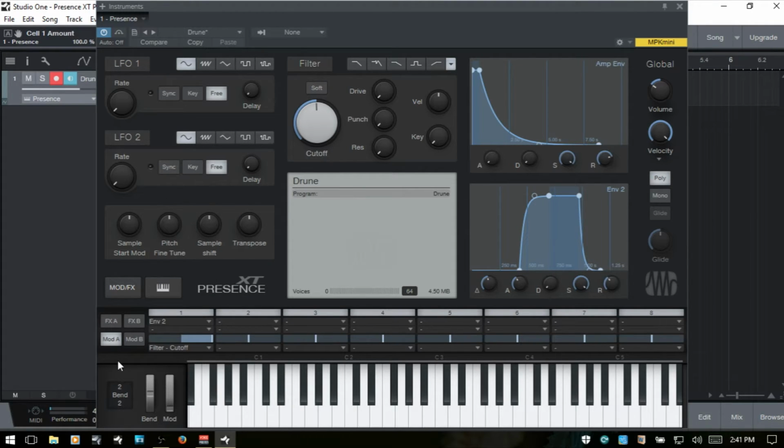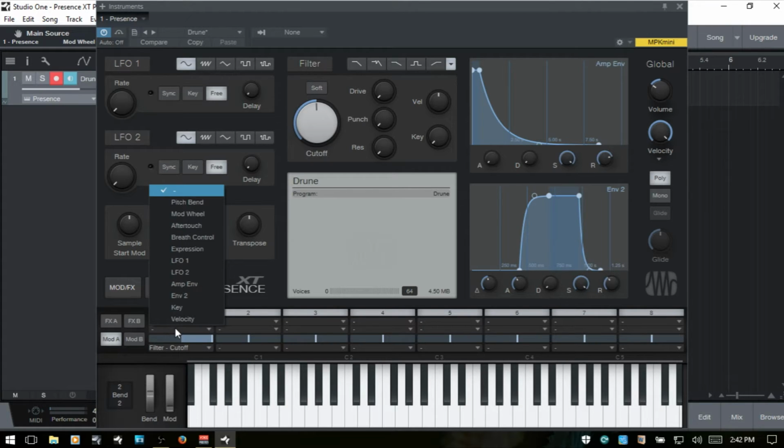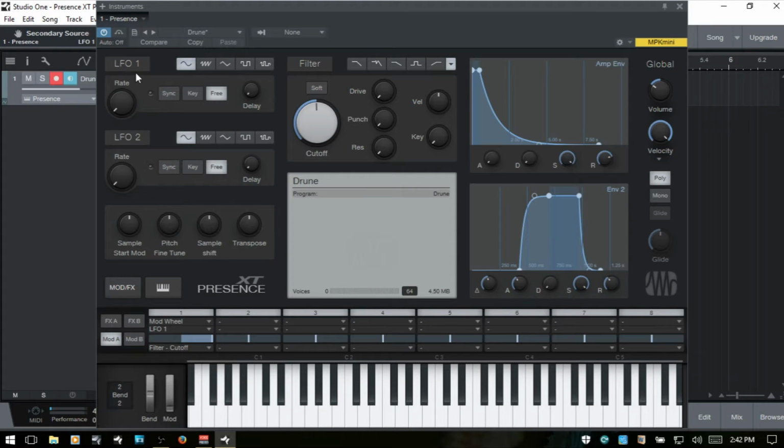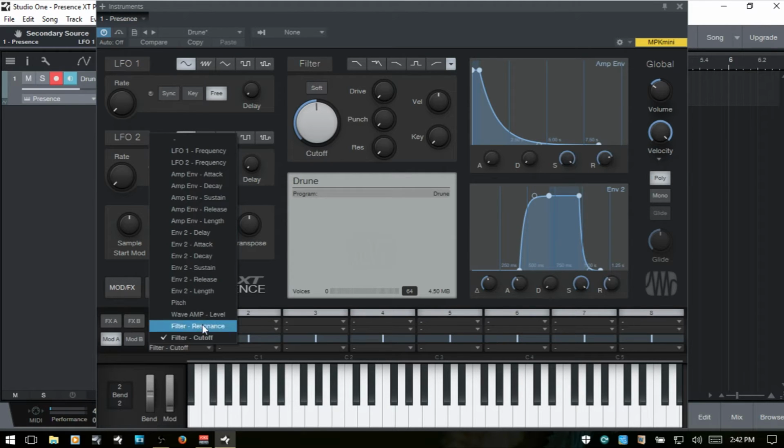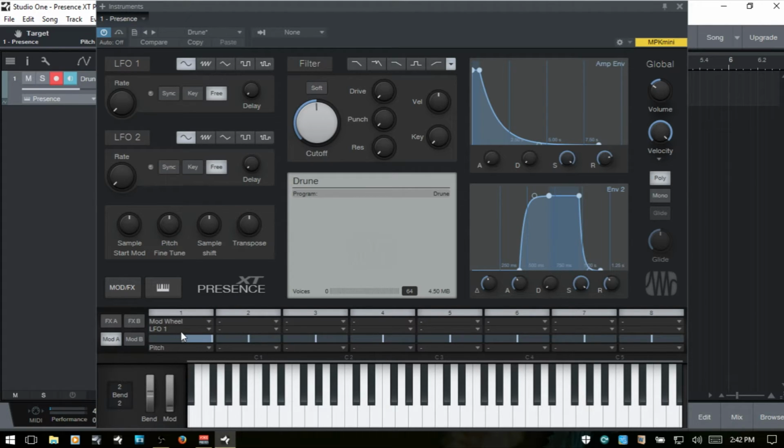Now, while we're working with the modulation matrix, why do we have 2 different selections here? Well, we can actually use this to say if I want to have the mod wheel affect the LFO1, which is here, and then I want LFO1 to affect the pitch. So now if I press a key on the keyboard, the LFO, it's not doing anything right now really. We can see our display, our indicator. If I raise this up,